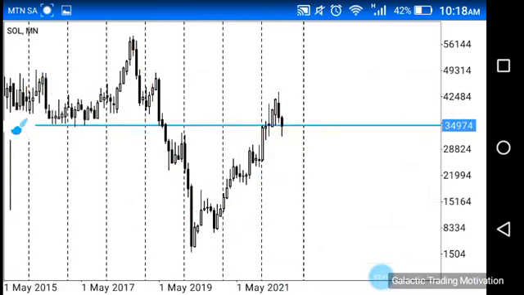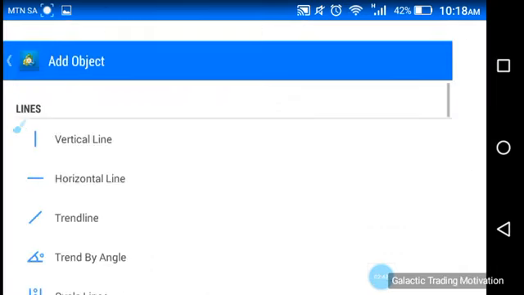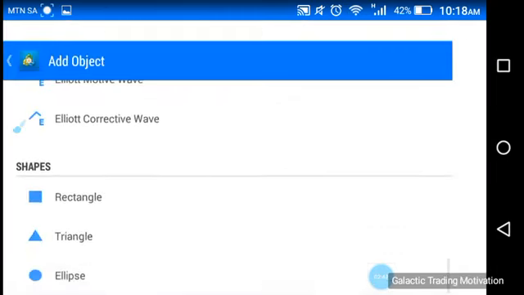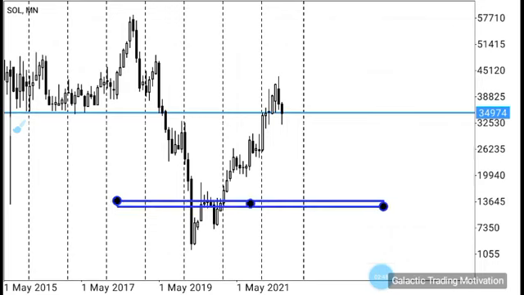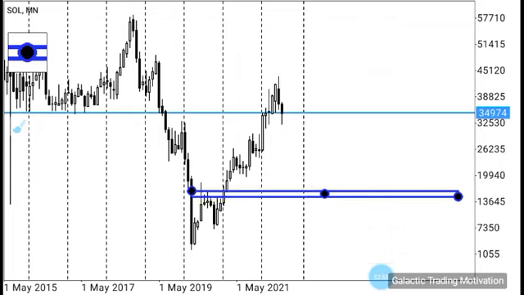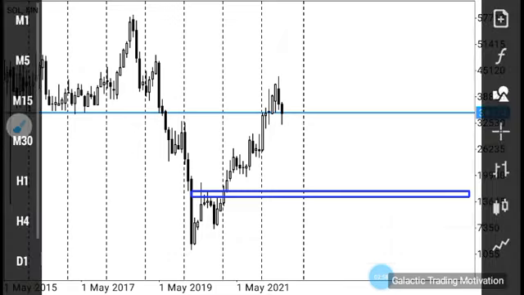So what I'm going to do now is just mark those areas so that we don't forget about them as we move further down into the various charts. So this is the neckline of that W structure, which is now also a very strong area of support. Similarly, as I said,